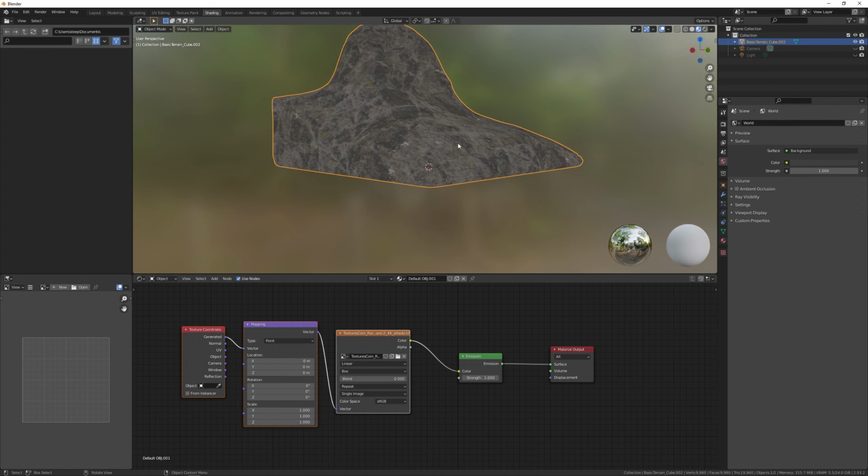So everything that is black in my rock dirt mask is going to be rock, and everything that is white is going to be the dirt. So let's go back to the vertex painting, and I'm going to set the mode to material preview. Now I can start painting here. I'm using F to change the size of the brush, and I can use Shift F to change the opacity of the brush.